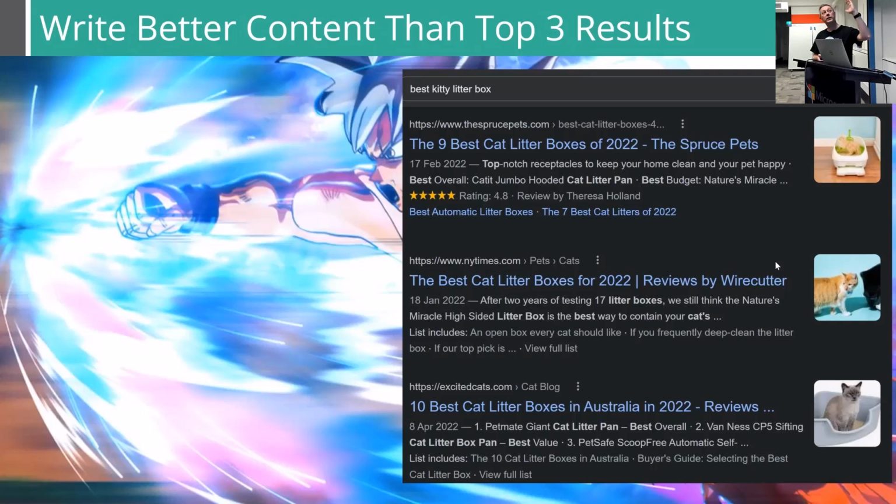So have a look at what's in the first article, the second article, the third article, and your article needs to beat the pants off all 3 of those. Include the same information, additional information, better resources, better FAQs, and more references. Then you might stand a chance of pipping those to the post.